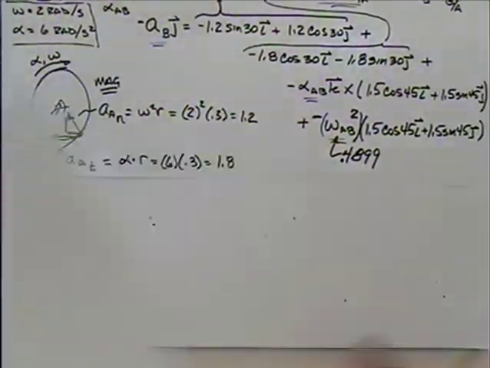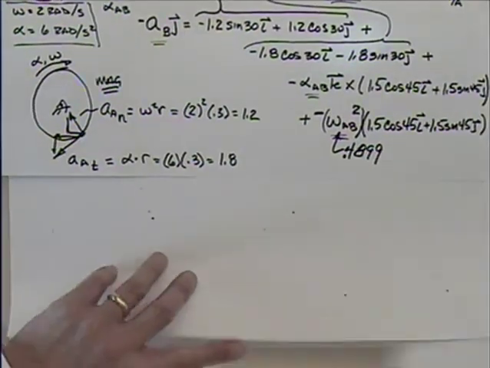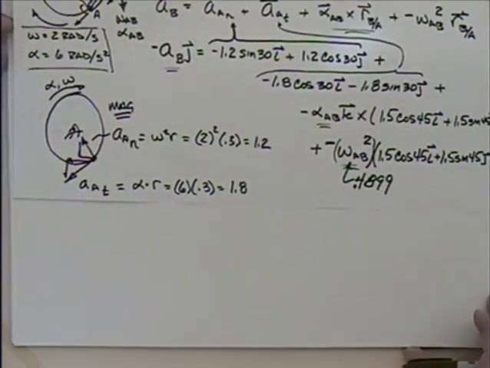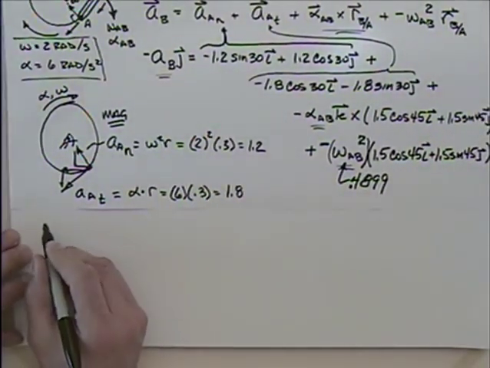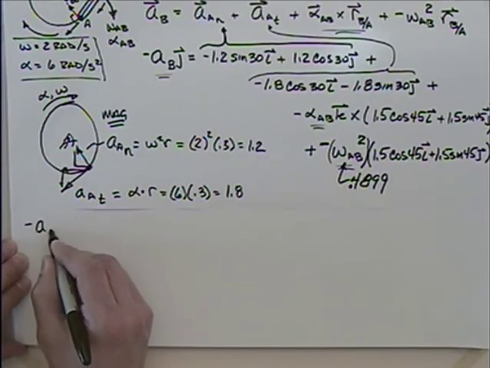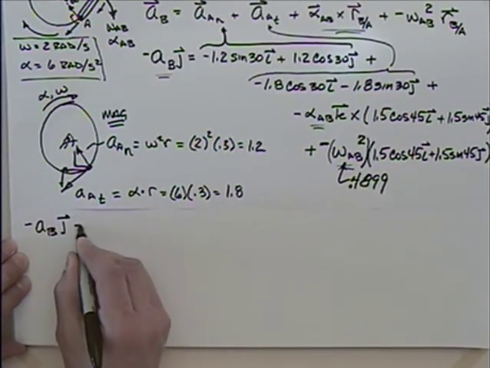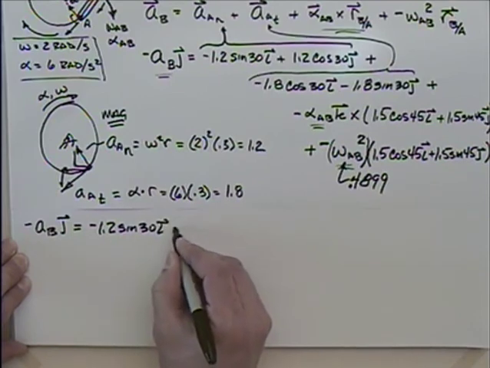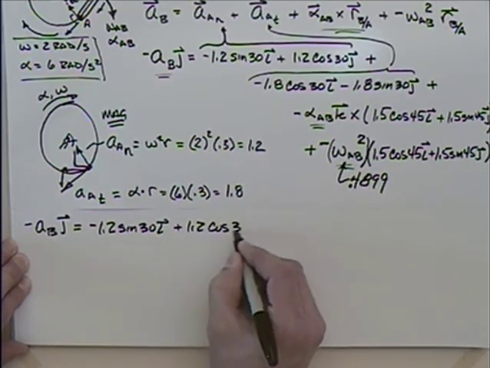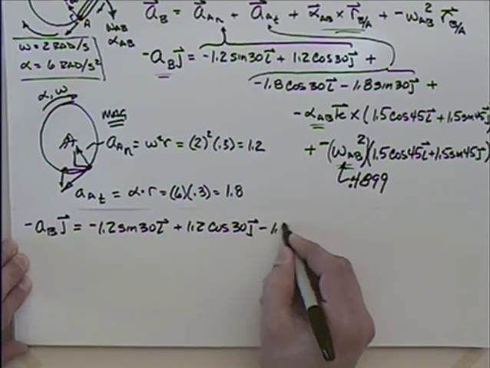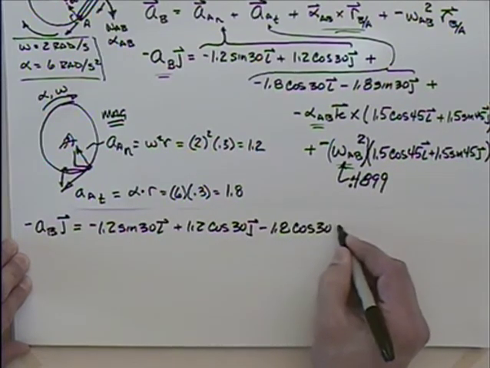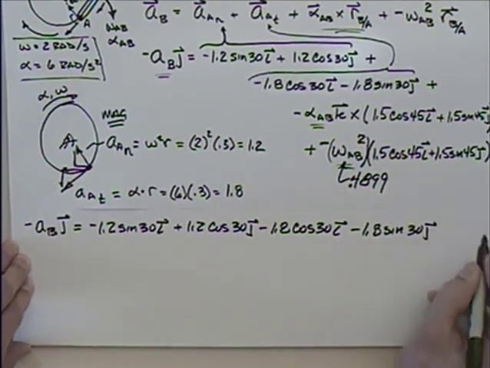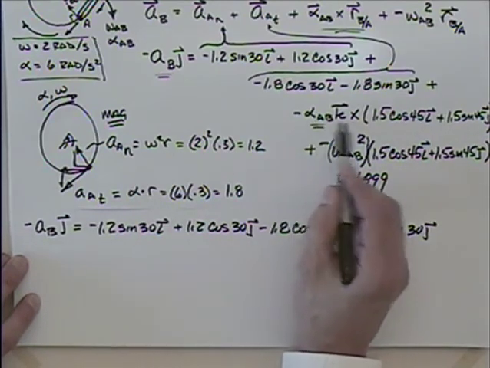So, let's start over again here. So I'll do the crossing. So if I cross this thing, I'm going to have minus the acceleration of b in the j direction is equal to minus 1.2 times the sine of 30 in the I plus 1.2 cosine of 30 in the j minus 1.8 cosine 30 in the I minus 1.8 sine 30 in the J. And then I'm going to have alpha crossed with